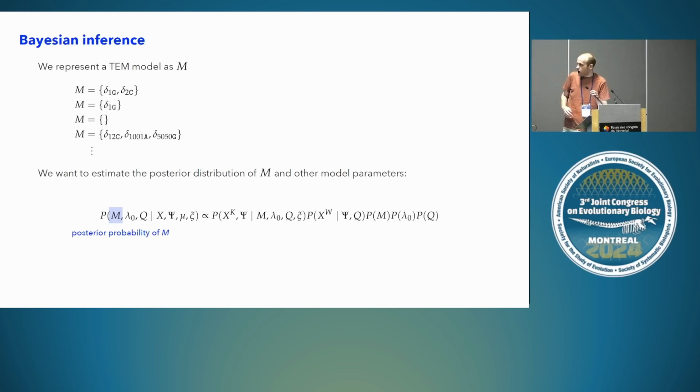So we're doing this in a Bayesian context, so our goal is to estimate the posterior probability distribution of this model object M. There's a whole bunch of stuff here that I'm hopefully going to ignore, so feel free to ignore it with me. But this is proportional to the probability of the tree and the TEMs, given the model and the other model parameters. This is the probability of the sites in the alignment that do not have TEMs. And this is just a standard phylogenetic likelihood function, so I'm not going to go into any detail here. We have to have a prior on this M object, and then we have other priors in the model that aren't particularly relevant.